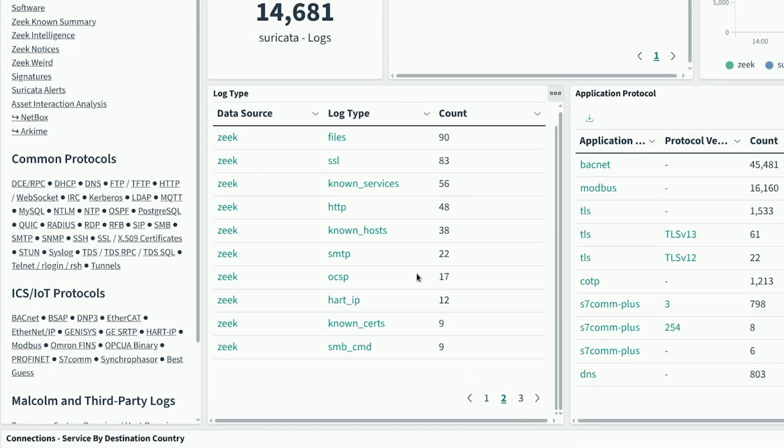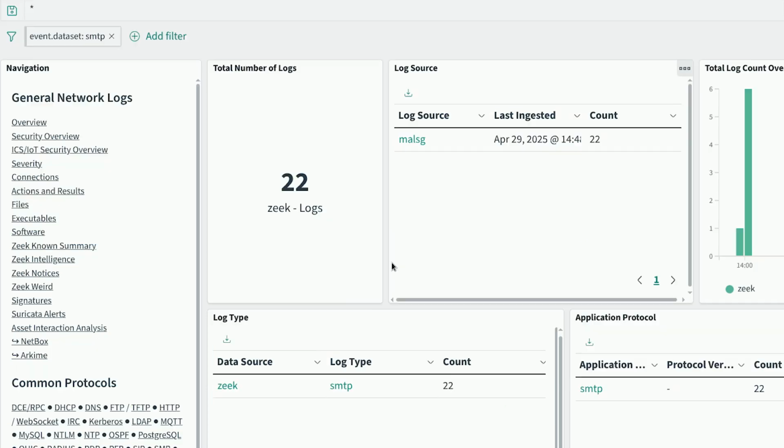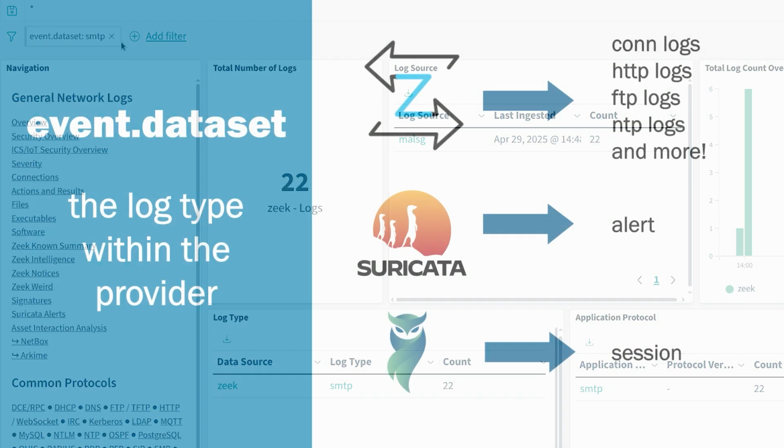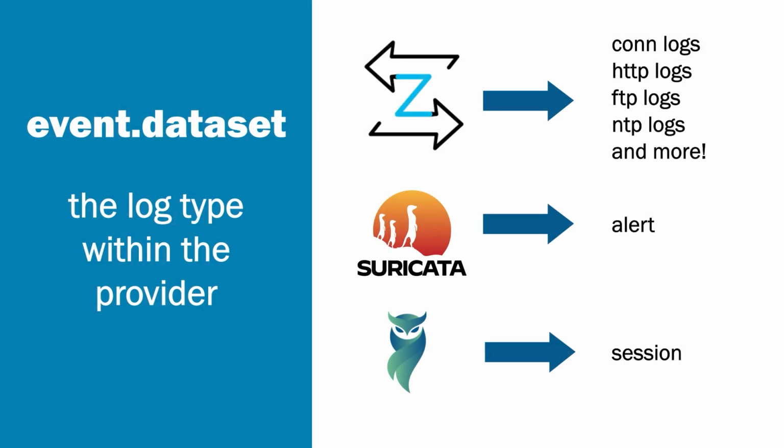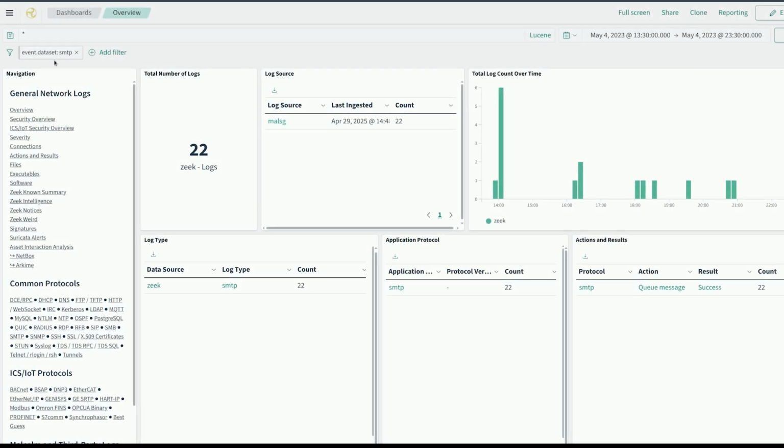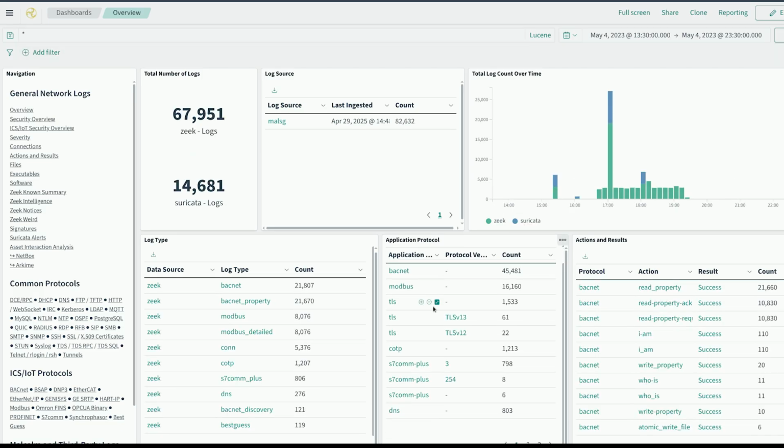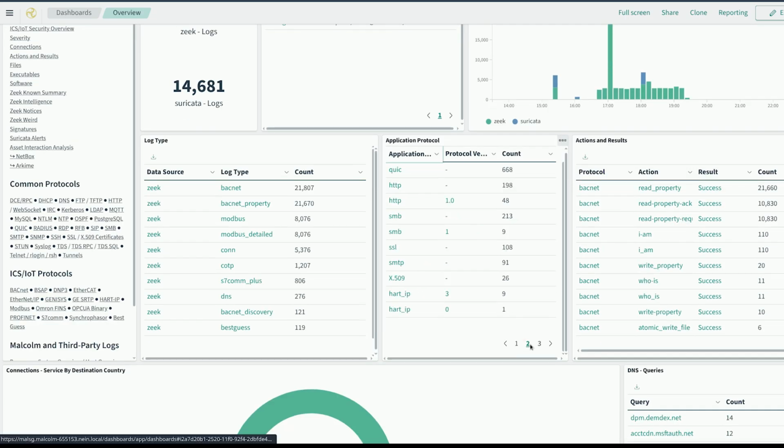To focus on email, she applies a filter for the Simple Mail Transfer Protocol, SMTP, by clicking the plus next to that log type, resulting in Event.dataset, SMTP. Notice that only Zeek data appears. This is because Zeek has unique log types, while all Suricata logs are alert. Even if Suricata captured SMTP logs, they wouldn't appear here due to the Event.dataset, SMTP filter, which is unique to Zeek. To get both Zeek and Suricata logs for SMTP, she needs to use the application protocol table and filter